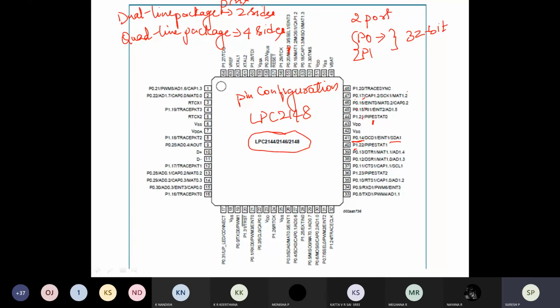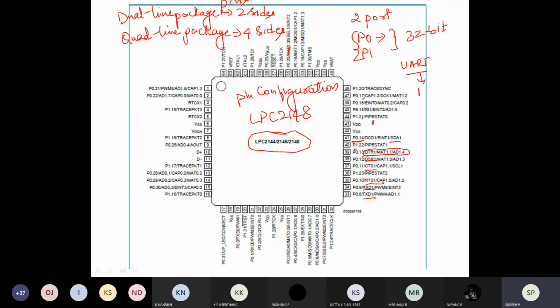Here you can see data transmit and receive will be there. So ADC 1.0 you're going to have. Here DSR, clear to send, pipe status, request to send, receive, transmission D1. That I will explain in the next class when I am telling about the USBs. That is when I am telling with respect to your UART.